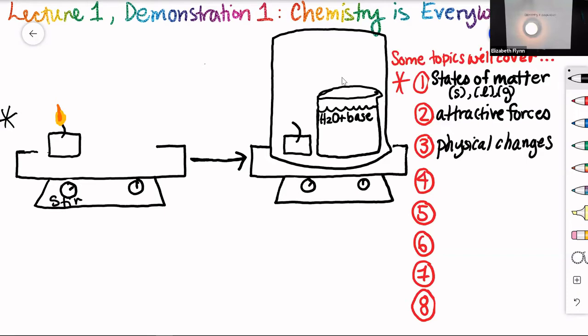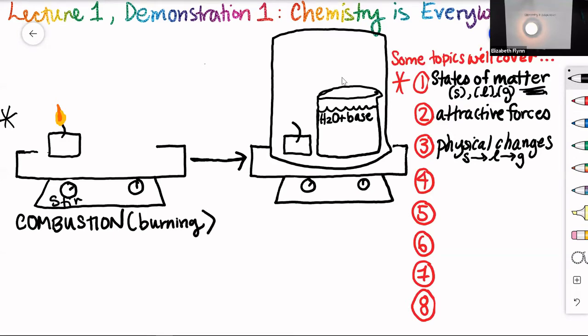Right? And that is when the state of matter changes, right? We said the solid wax melted into a liquid and then vaporized into a gas, right? We said chemical changes occur in this example as well. So the chemical change in our example for the burning of the candle is combustion, AKA burning,